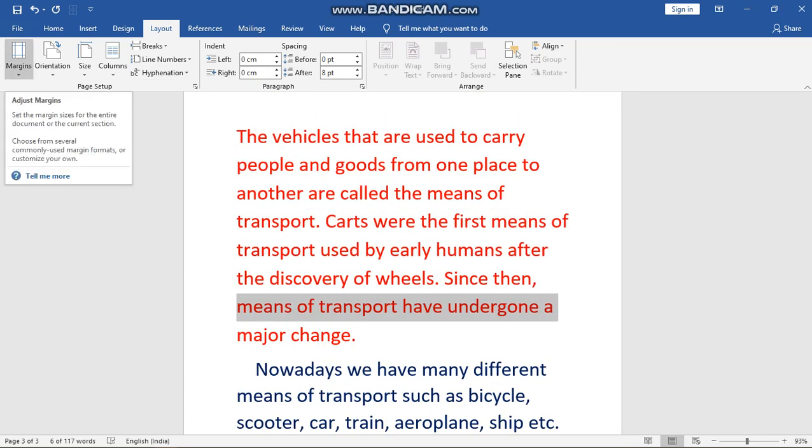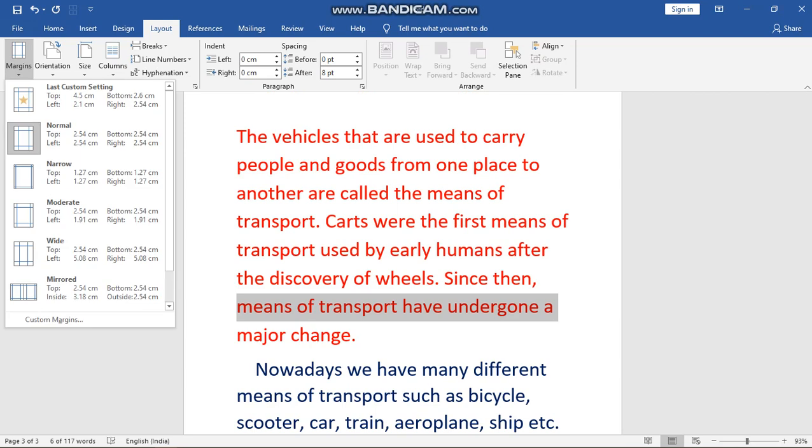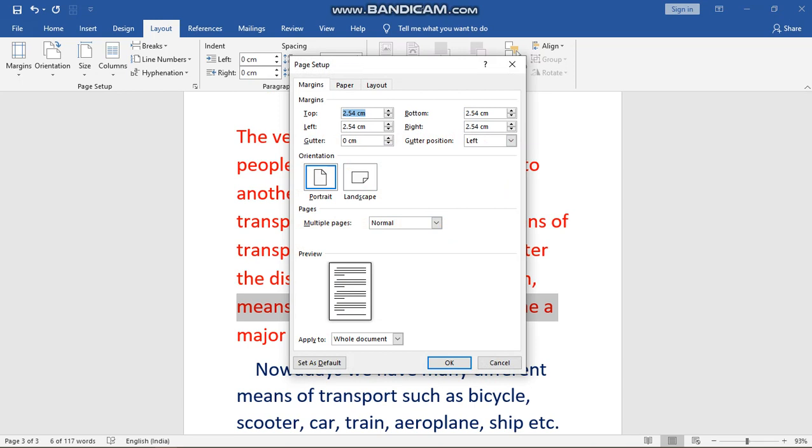So you can select the type of margin you want, or you can go for custom margins. You will click on custom margin, and here you have top, left, bottom, right. You can change it according to your wish. I made the top margin 3 and the left margin I made it 2.